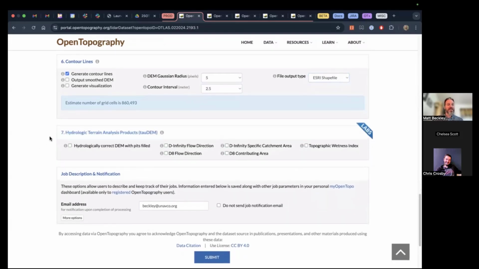And then lastly, there's this Tau DEM. This is basically like Arc Hydro tools, if people are familiar with the Esri products Hydro tools. This will create things like pit-filled DEMs, flow direction models. You can create drainage basins, stream networks. This runs on a supercomputer at the San Diego Supercomputing Center, and it's useful for any kind of hydrologic applications